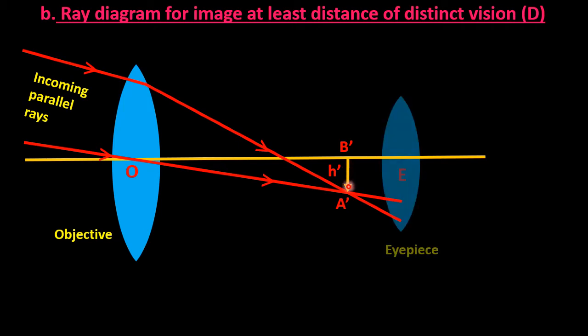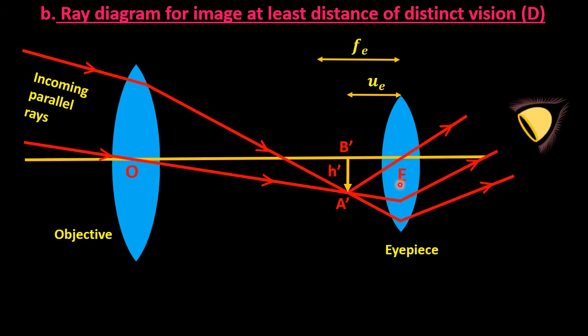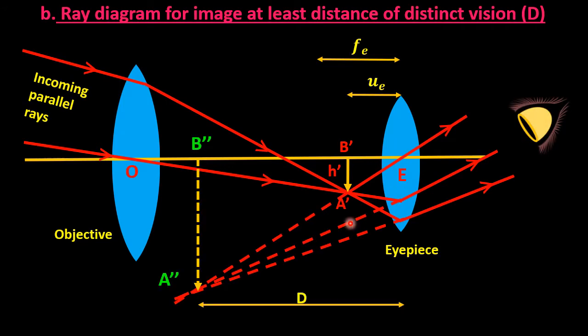So now let us draw an eyepiece having focal length denoted by Fe. So in this case, the focus of the eyepiece will lie somewhere here, and this image A'B' will again be magnified by the eyepiece, and the final image will be formed at the least distance represented by D from the eyepiece. So here the final image is represented by A''B'', which is highly magnified, and the focal length of the objective lens is denoted by F naught.